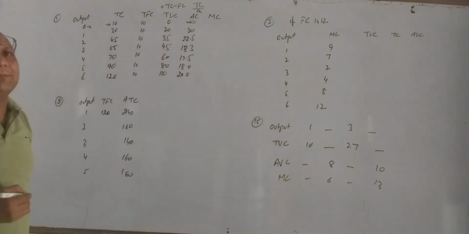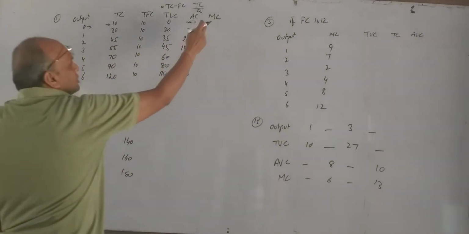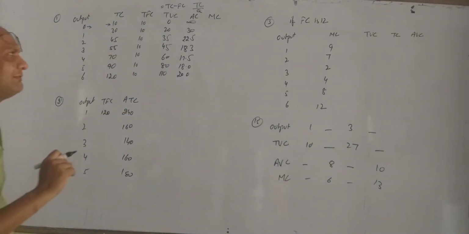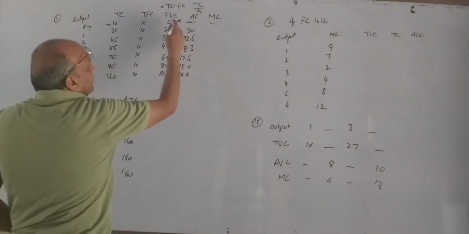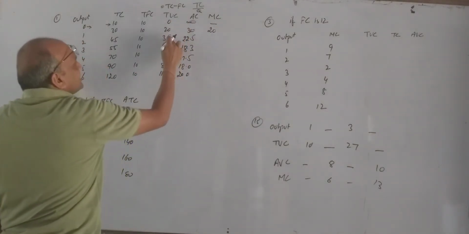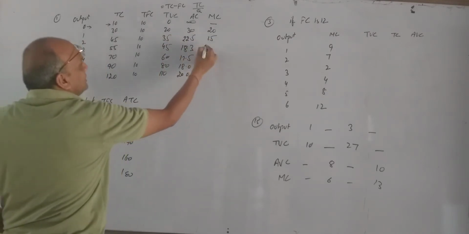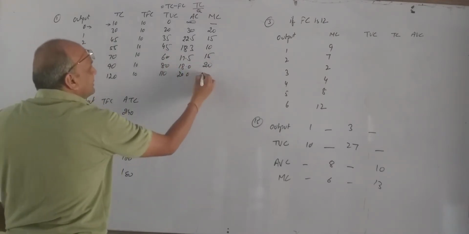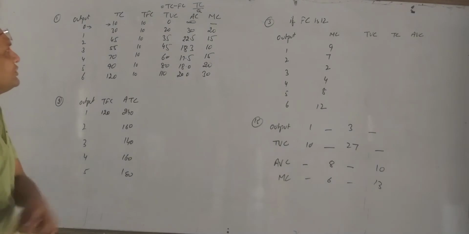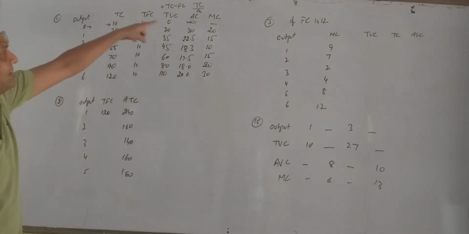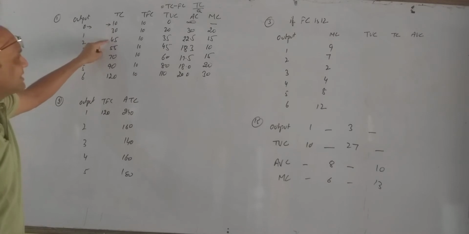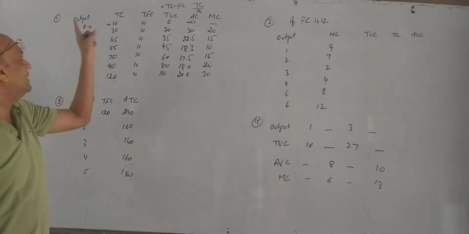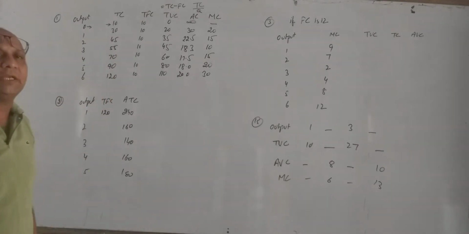Now the sum is asking MC, marginal cost. Marginal cost can be calculated with the help of TVC or with the help of TC. The answer will remain the same. Here it is 0. Now how much increased? 20. How much increased? 15. How much increased? 10. How much increased? 15. 20 and 30. In the same way you can check it from TC. First it will be dash, then 20, this minus this 15, this minus this 10, this minus this 15 and so on. So in this way we are going to calculate numericals of theory of cost.